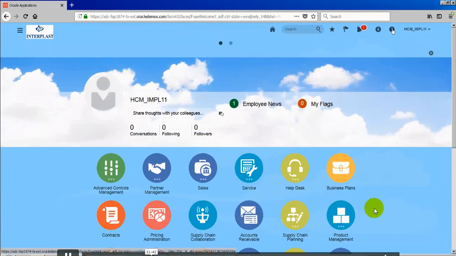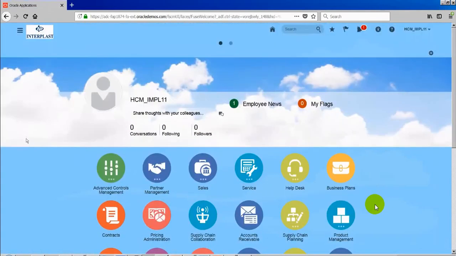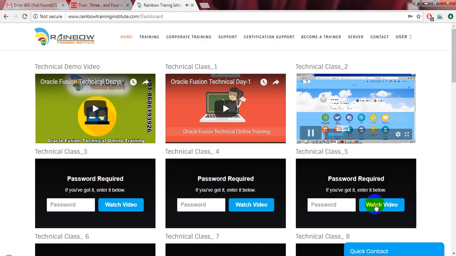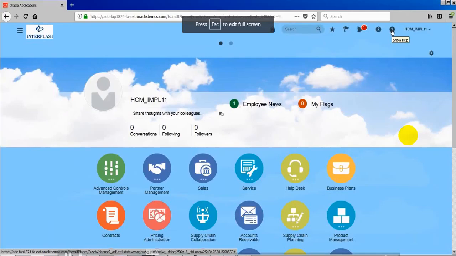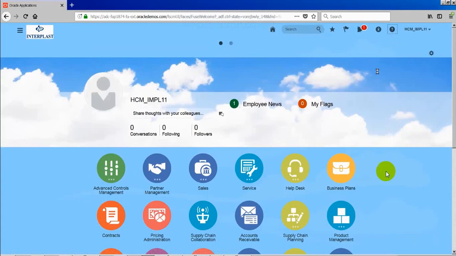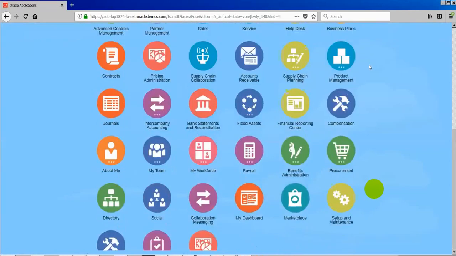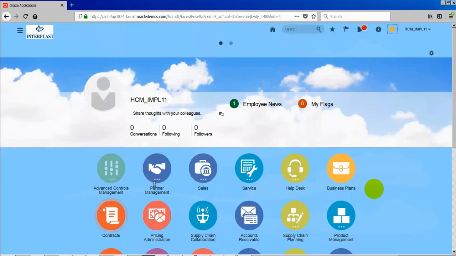Okay, and it is called show help. What does it mean? Oracle has embedded the help in every page. So whenever you click on the show help, what happens? An orange icon will be available. So let us say if I go to some contracts page, something like that,